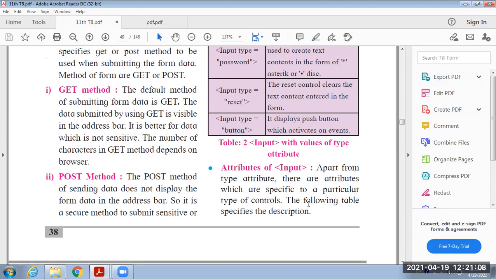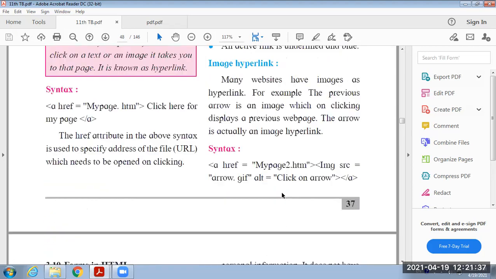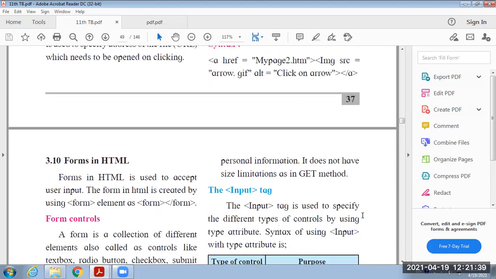But when your form contents are bigger, if your form size is larger, and if your information is sensitive and must be protected, at that time you must prefer the post method. Post method of sending data does not display the form data in the address bar. So it is a secure method to submit sensitive or personal information.